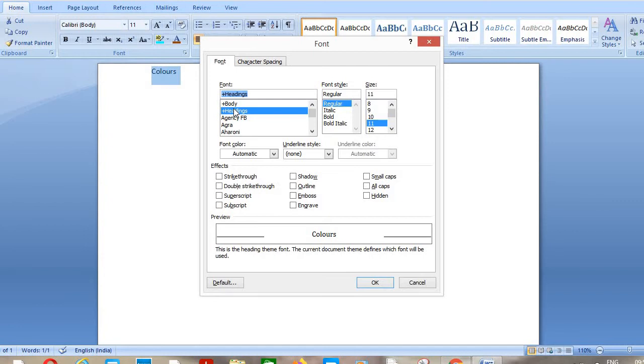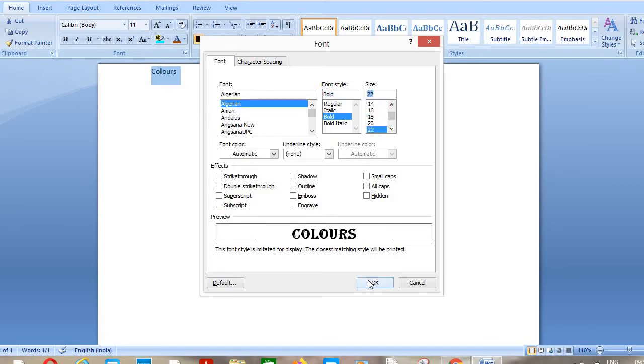Now whatever you are choosing, you will be able to see the preview here. So just check each and every font, whatever you like you can go with that. Anything you can choose. I found this one interesting, so I will go with this. I want to keep my title bold, and I also want to increase the size of my page title. So just go with this, and these are different options available.